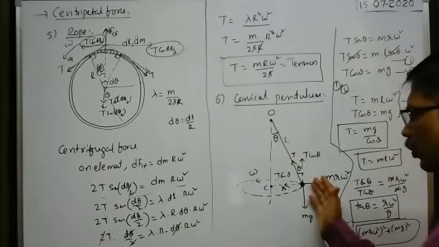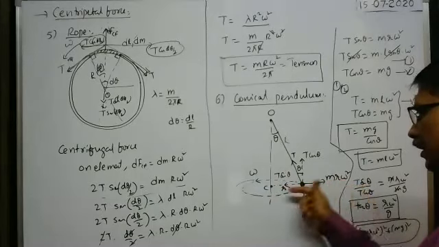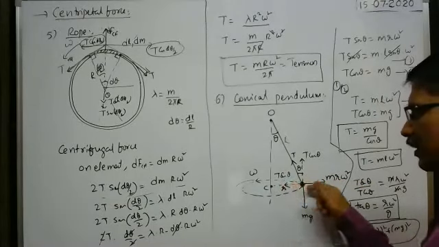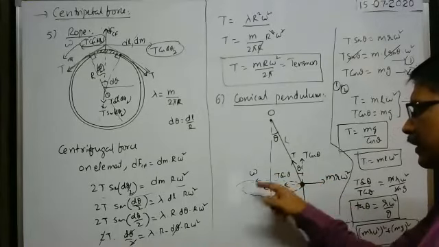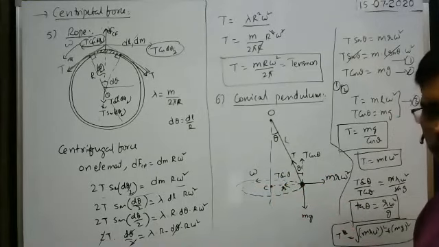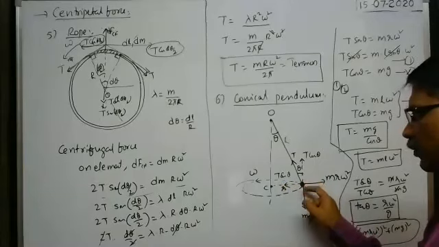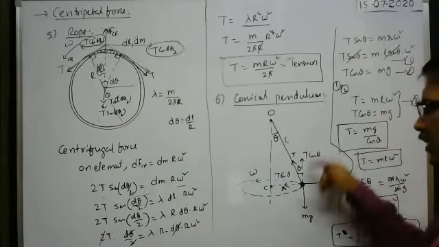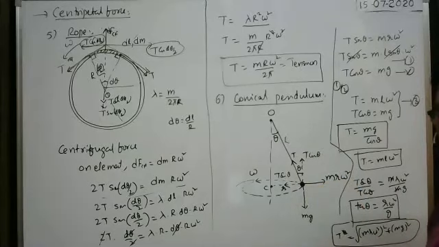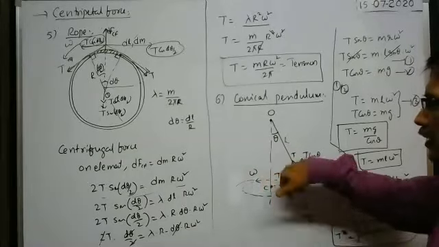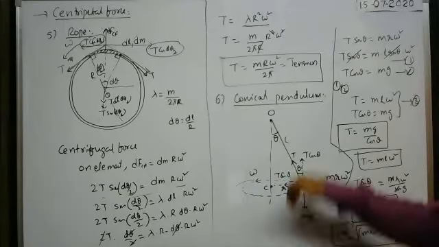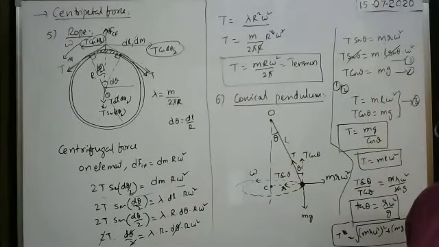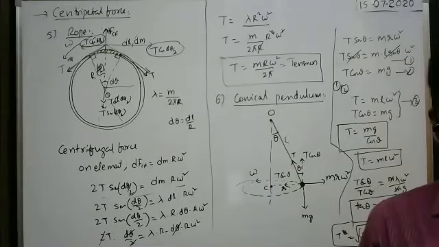The bob neither moves towards left nor towards right. That means along this direction the net force is 0. The bob moves with constant radius, that's why this distance does not change. That means along this direction the net force is 0. Similarly, the bob neither rises nor falls. That means along this direction also the net force is 0. It is only moving along the horizontal circular path like this, without rising upwards or falling down, or moving away from the axis of rotation. Okay, understood, sir.